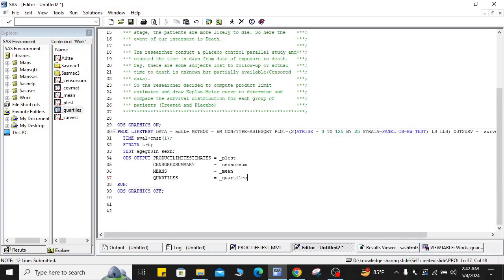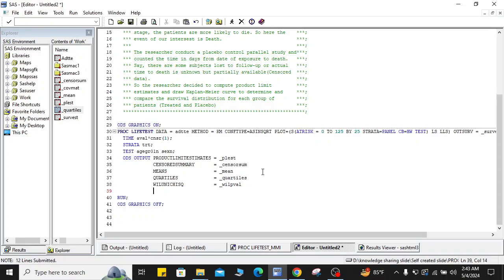However, now we also want to get the test of associations between survival times and covariates p-value, the p-value from the test of associations. So how can we get that? So let's say we want to get the p-value from Wilcoxon test. So for that the keyword is uni chi-square. So it will give the p-value from the Wilcoxon test for the test of association between survival times and covariates. And let's reference the output dataset name, will p-val,